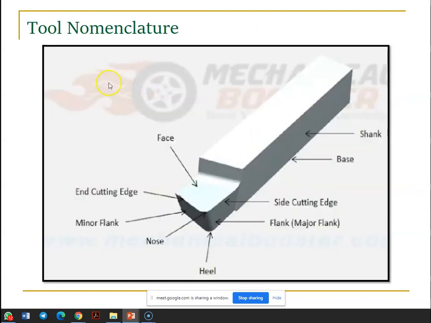So this is generally the nomenclature of a tool, but we have some angles, right? The angles play a major role. The tool sharpness we can get through the angles. If you look at the angles, the tool will be proper. So how are we going to do the angles? Assume that this is our 3D tool. I am going to cut the single point cutting tool in three ways, right?